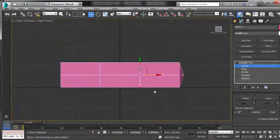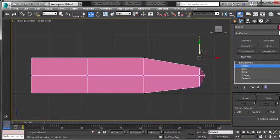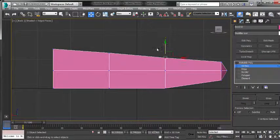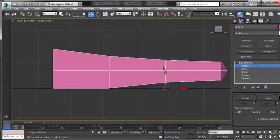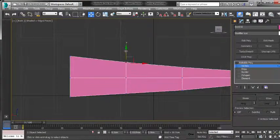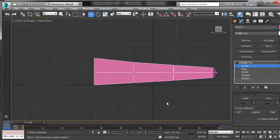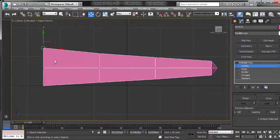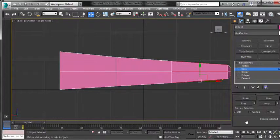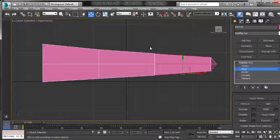Okay, so just orienting myself in the viewport, and we're going to start by tapering the shape of our finger. If this is the fingertip, we want it to be the smallest at this end, and the widest down here at the base of the knuckle. Also going to add an edge here so we can add more geometry around our knuckles, because we need enough